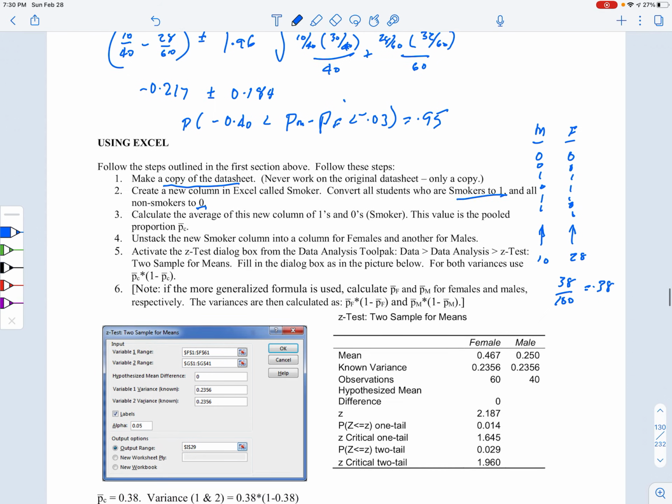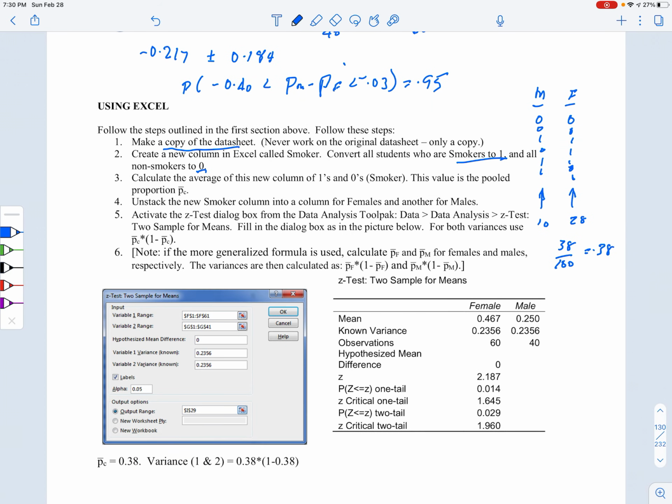And so then what you do is you multiply that 0.38 times 1 minus 0.38, and that'll give you 0.2356. So that's a bit of a pain, but you need to do that here. All right, now that's